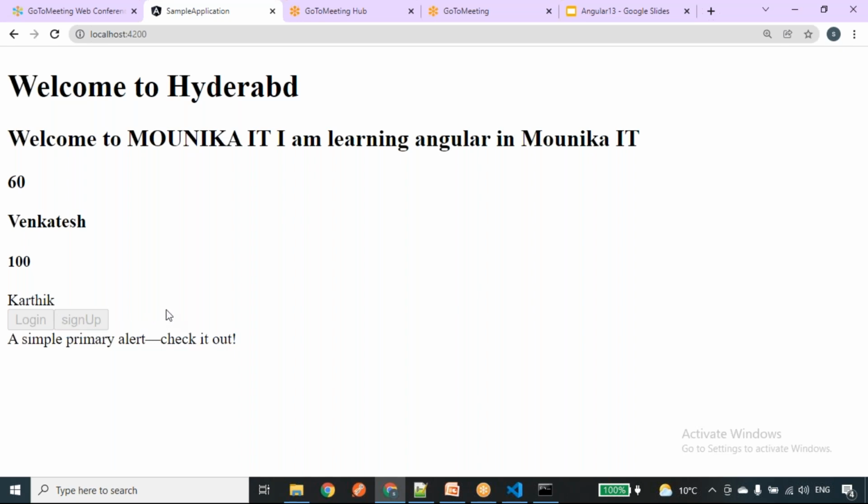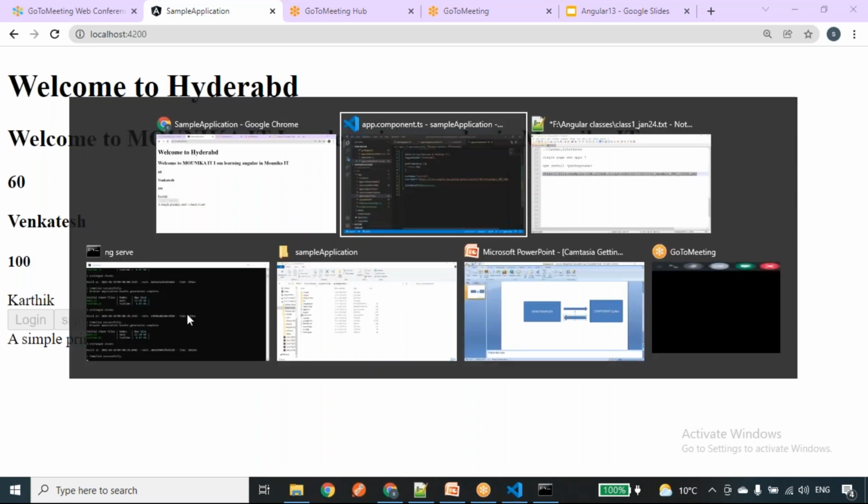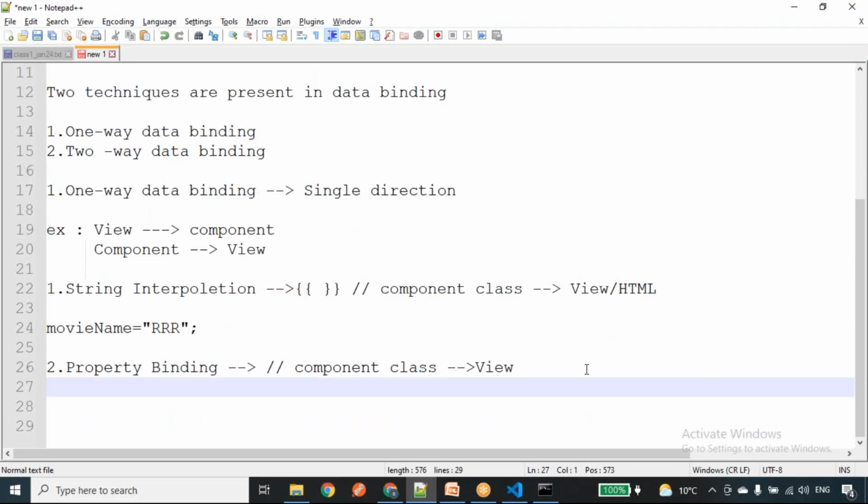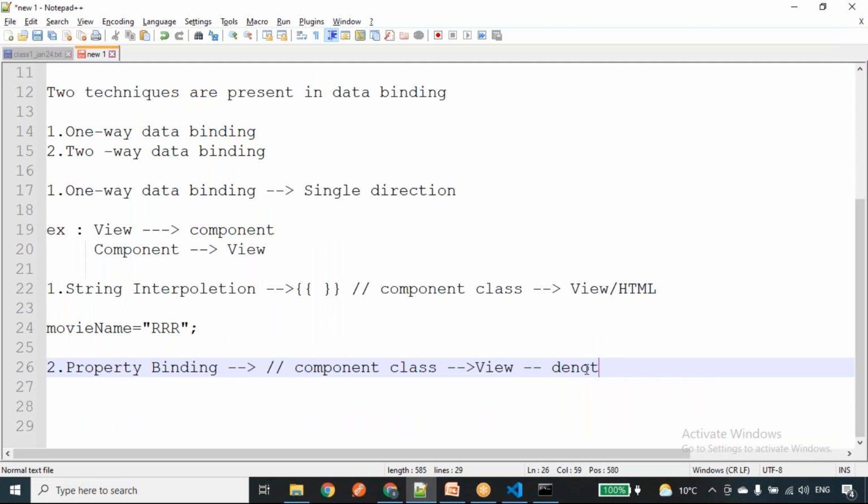So this is the difference between interpolation and property binding. We denote it with the square brackets, like disabled.